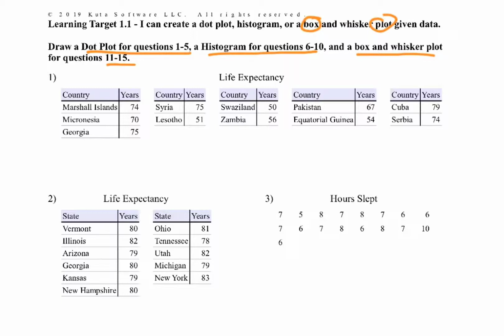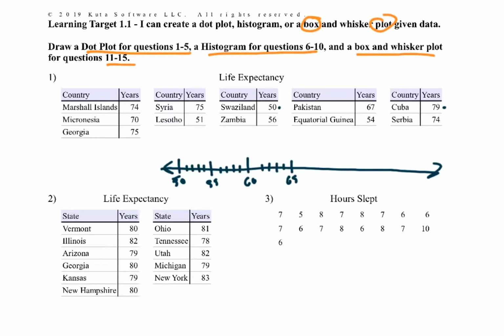So for a dot plot, pretty simple. We draw a number line, then we figure out basically the lowest and the highest. So it looks like 50 is my lowest, and 79 is my highest. Okay, so we need to go from 50 to 79. So start with 50, 51, 52, 53, 54, 55, 56, 57, 58, 59, 60, 61, 62, 63, 64, 65,